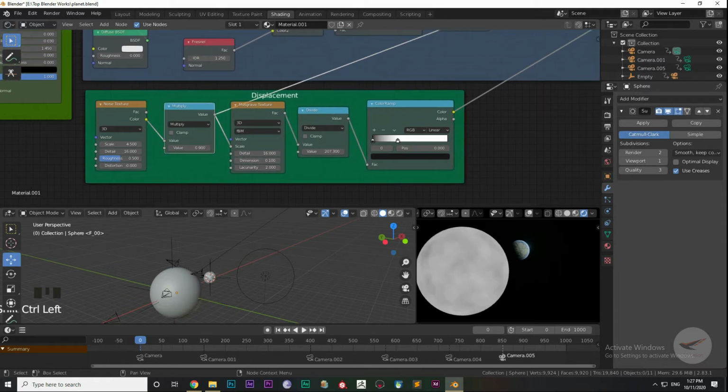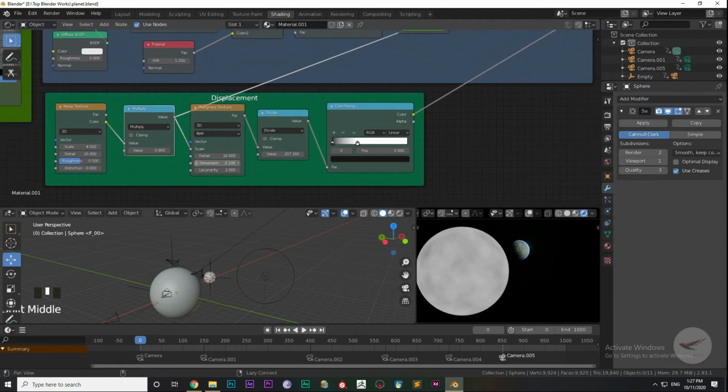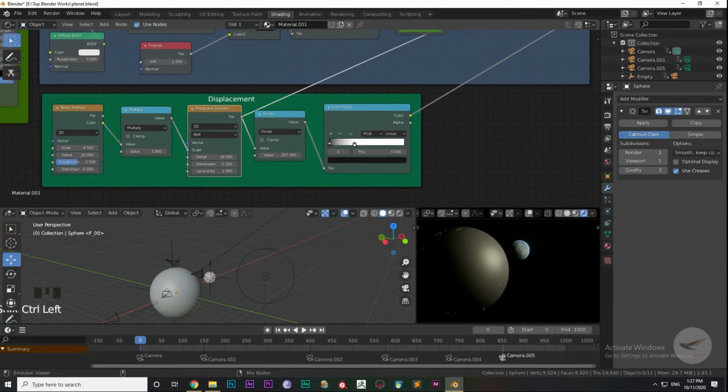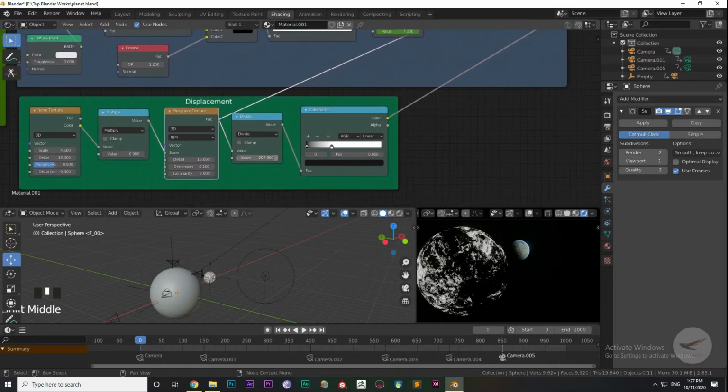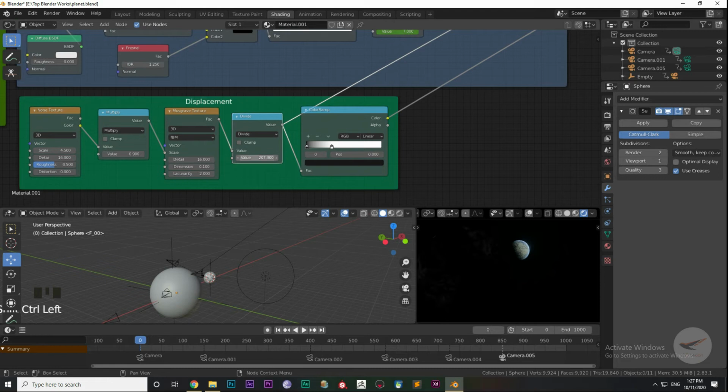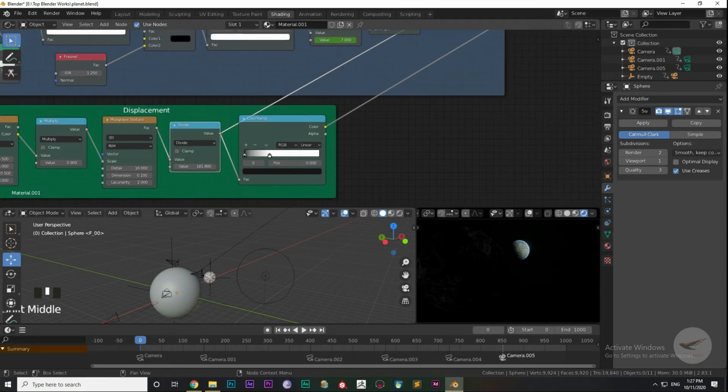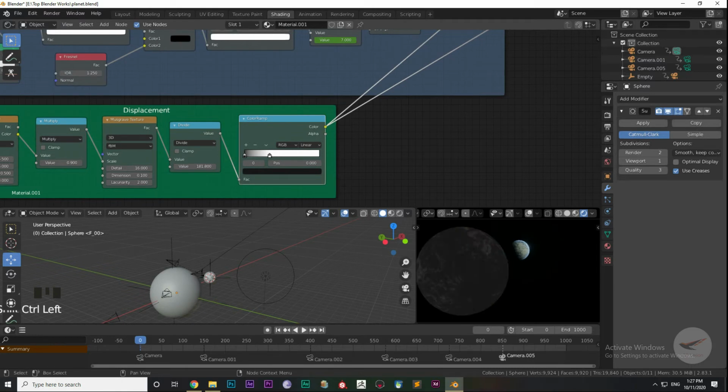Then I have multiplied it with a value of 0.9, and as you can see, then I've used a Musgrave texture, but with detail of 16 and dimension 0.1. But as you can see the Musgrave texture is too strong, so we need to divide it. I divided it with a value of 207, and you can toggle it according to your preference. But a value greater than 150 is preferable. Then I've used a color ramp node to mix the black and white so that it looks pretty good.